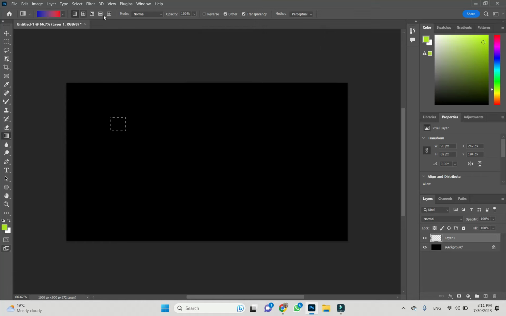Okay, and choosing the type of the gradient, like this. I think it's good. Ctrl D to remove the selection,